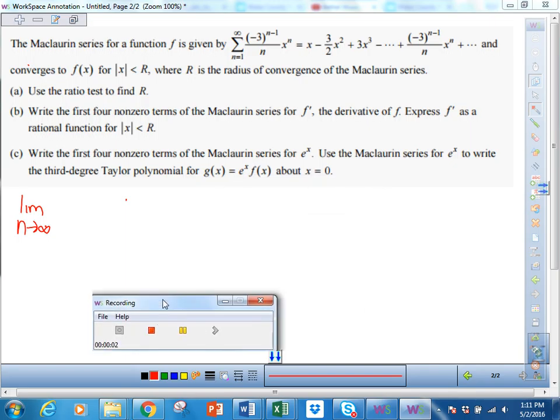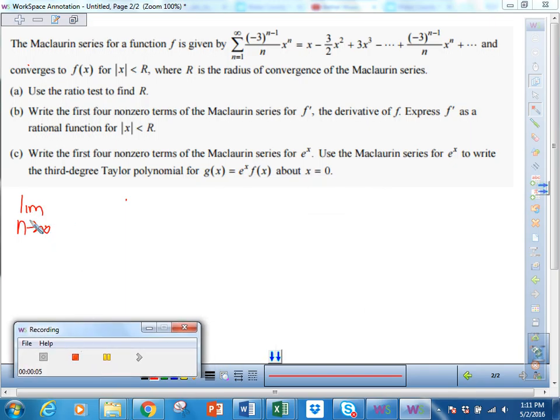Okay, you want to make sure that you write the limit as n approaches infinity. You will lose a point for not writing that. And every point matters, okay? Every single point matters. So what you want to write is the limit as n approaches infinity